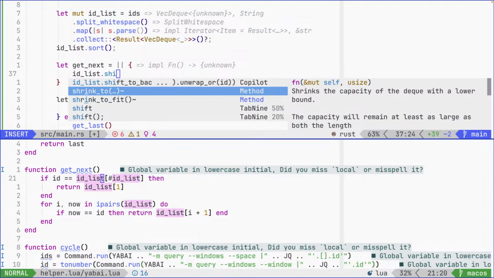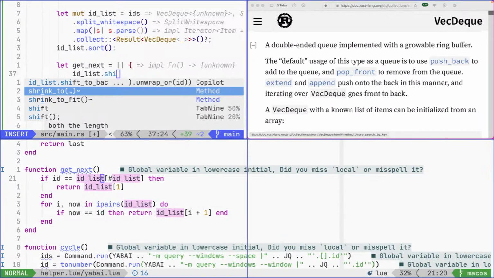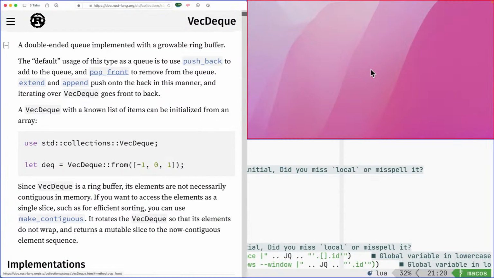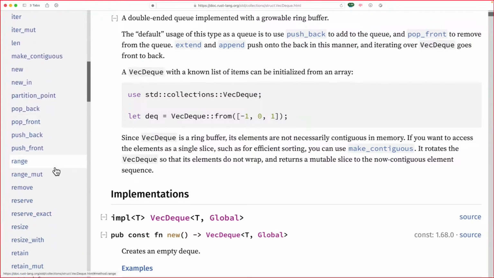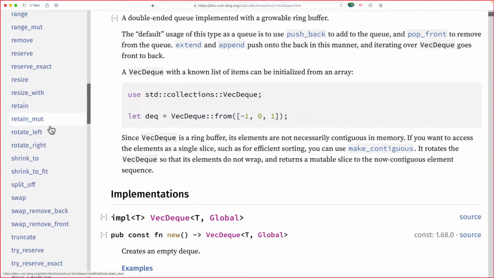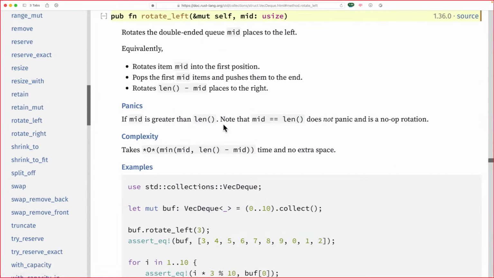So it's easy to move its tail to its head. Let me put documentation here so you know. We have these things. It's called rotate instead of shift. So rotates it to the left,